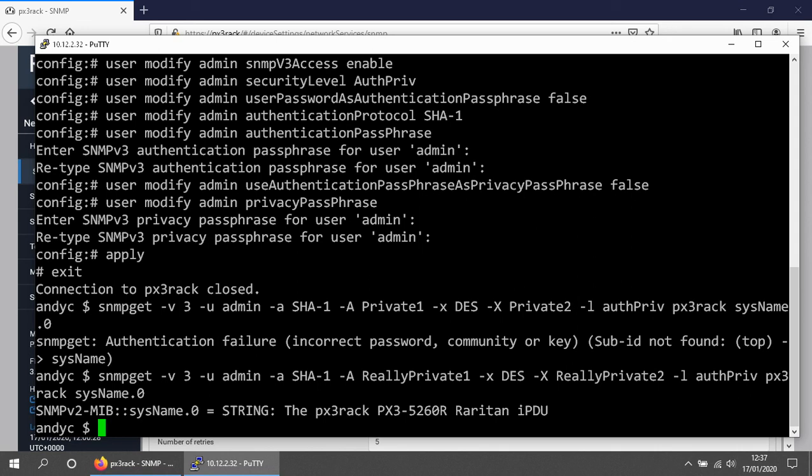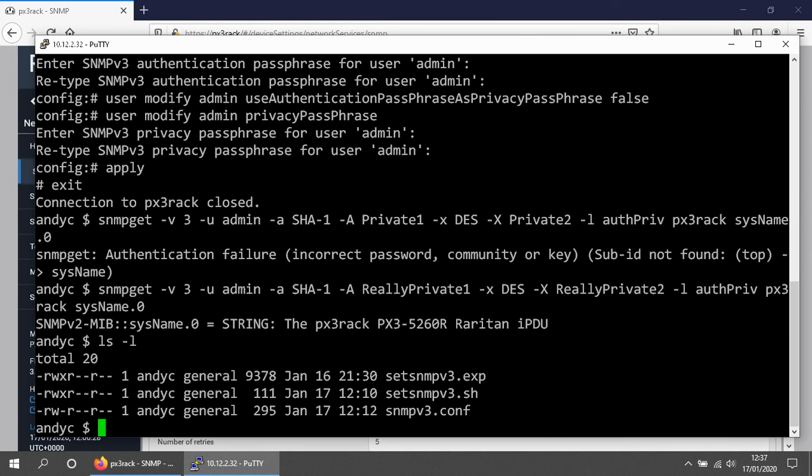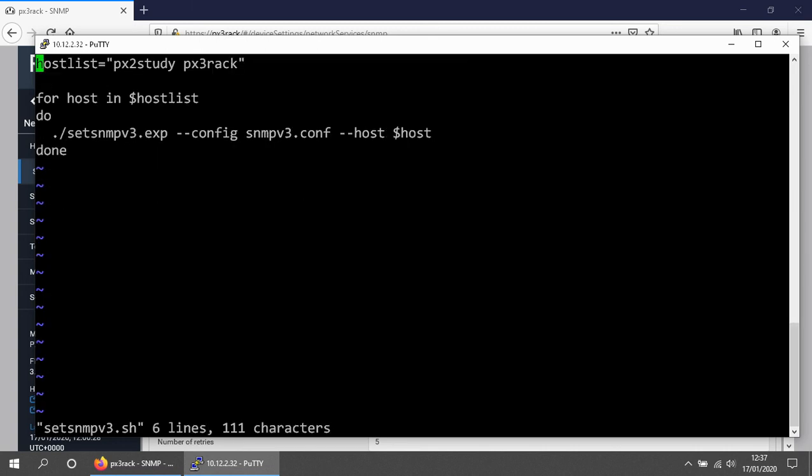What if you had several PDUs to configure? Well, this gets very easy because you can write a very simple shell script. Here's one. It's just one example of a way of doing things. I set up a list of the PDUs that I'm going to change. So I've got 2 PDUs in this case, but this list could be as long as you like. And then for each host in that list, we simply run the command,